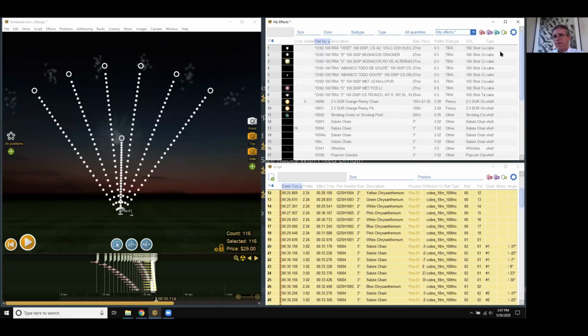I switched to my effects here. So there's cake. I could change that to single shot, or change it to shell, etc. These types here in this column on the far right matter for racking, and they also matter for other things. So there's an important article on the website